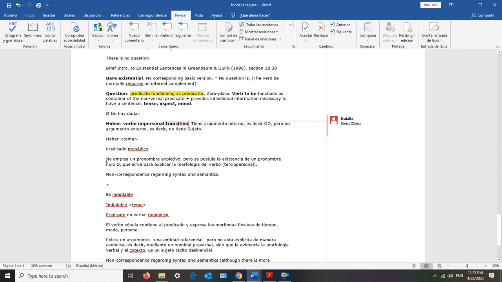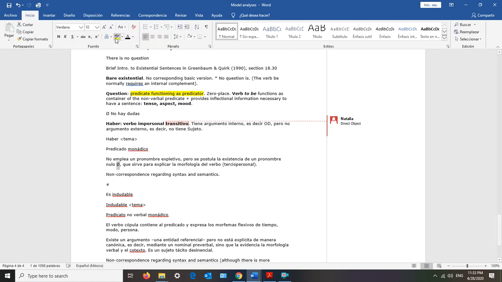However, in Spanish, we don't see the employment of an expletive pronoun, right? But what Di Tullio explains in her chapter, La estructura de la oración simple, is the postulated existence of a null pronoun, represented with this symbol here, that serves to explain the verbal morphology, why the verb surfaces with this specific form at the level of surface structure, which is a third person